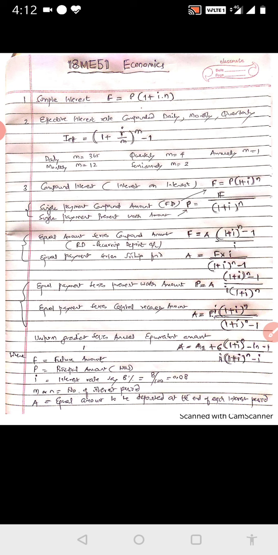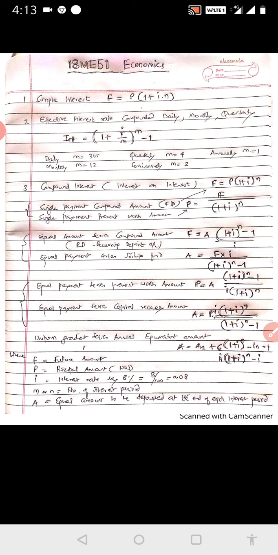So if you write M is equal to 1, then what happens? 1 plus I divided by M, that is 1, raised to 1, that is 1 plus I, minus 1, that becomes nothing but I, that is interest rate. So very simple it is. Effective rate will be the interest rate itself, if it is calculated on an annual basis. Now coming to the compound interest formula, these 3 formulas only you please understand, and practice these also, which will be helpful for both the modules, for the subject itself for that matter.